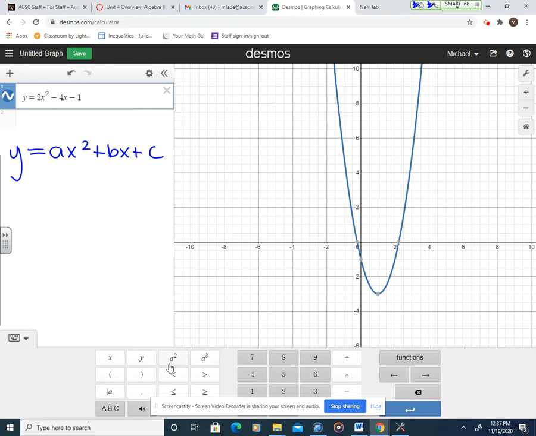Now, from the graph, I want you to be able to identify some points. The most important point I want you to be able to identify is the vertex. Okay? The vertex, if you guys recall, is the highest or lowest point on your graph. It's the minimum point or the maximum point on your graph. So the lowest point on my graph is this point right here. Okay? So the vertex